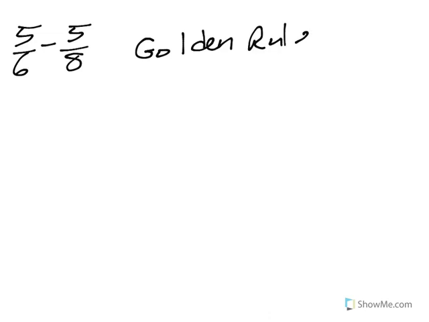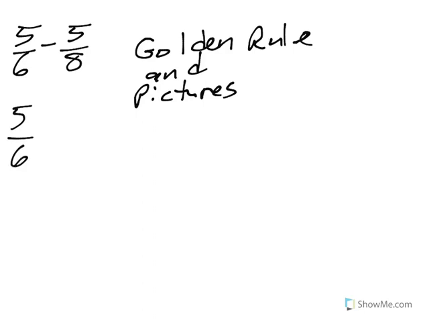I'm going to do it both with the algorithm using the golden rule, but I'm also going to show what some pictures might look like, just shading rectangles and looking at equivalents that way. So I'm going to start with some pictures. The first thing to notice is that 5/6 is bigger than 5/8,